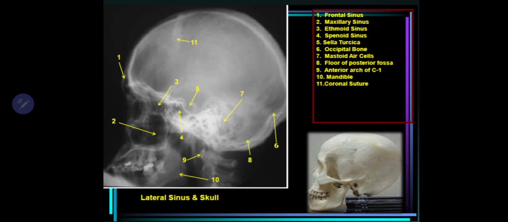Let's revise once again. This is the area of the maxillary sinus. This is the frontal sinus. The ethmoid sinus. This is the sphenoid sinus. This is the sella turcica, which houses the pituitary gland. The occipital bone, mastoid air cells,